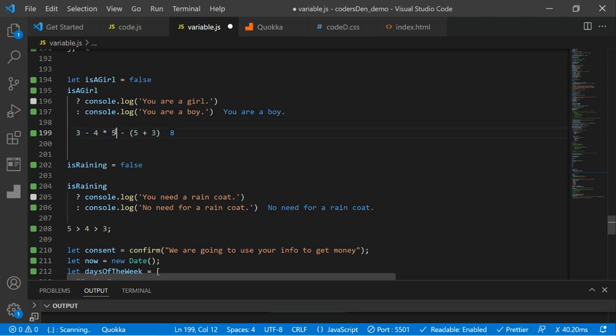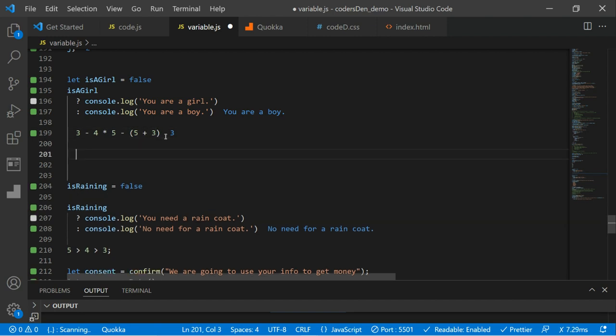Then after calculating 5 plus 3, the next with the higher precedence level is the multiplication sign. Are you getting? Bracket has higher precedence than multiplication, so bracket will be calculated first. Then multiplication has higher precedence compared to the other ones, so it will be calculated next. So now we'll get 4 times 5, right? After 4 times 5 has been calculated,